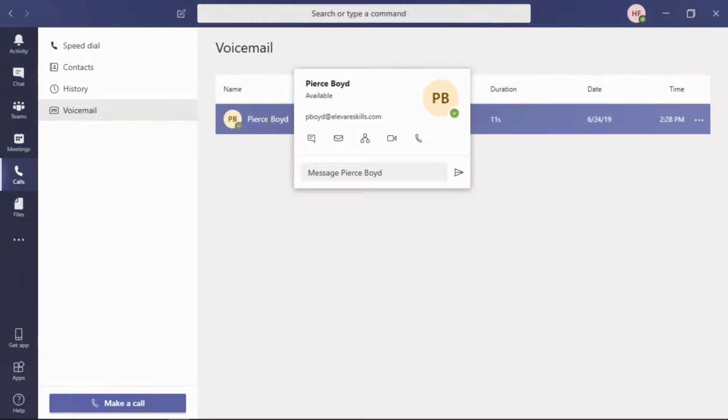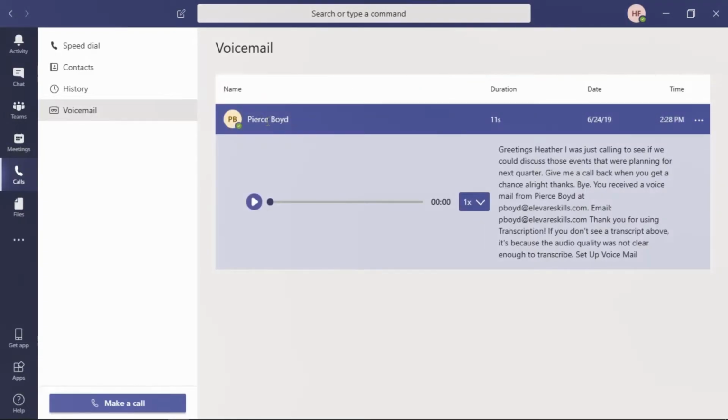To play back a voicemail, select it from the list, and you will see a way to play it. Before you play it, if you'd like to change the speed of that playback, you can select the 1x with the drop-down arrow and change it to a slower speed or a faster speed. To the right is a transcription of the audio, so it has been transcribed and turned into text that you can read here. By selecting play, it will begin to play,